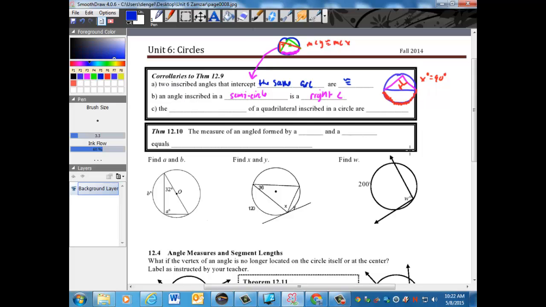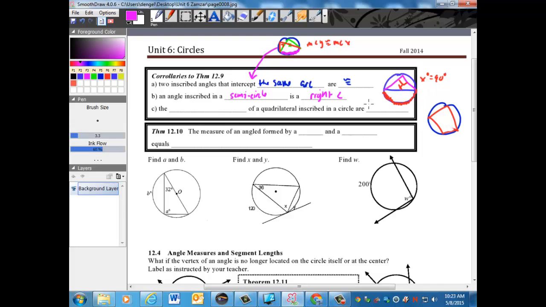Alright, then rule C says this. If we draw a quadrilateral inside a circle, and it can be any shape. Oh, that's not a quadrilateral, excuse me. There we go. So there's our quadrilateral. Let's erase this. And so what this new rule is saying is that